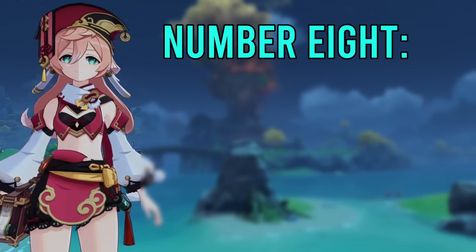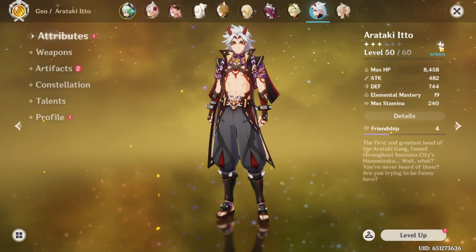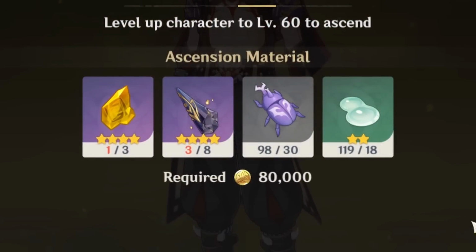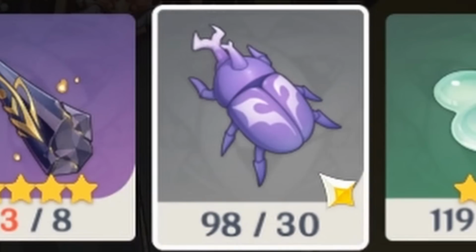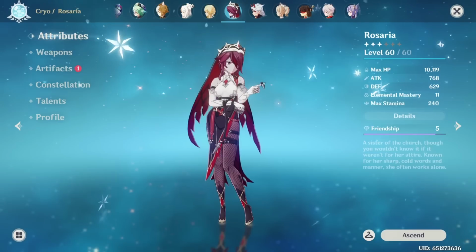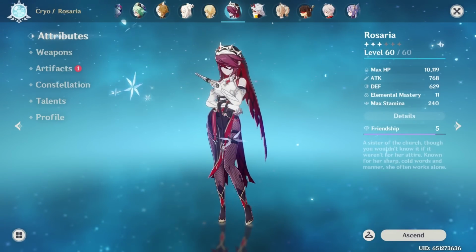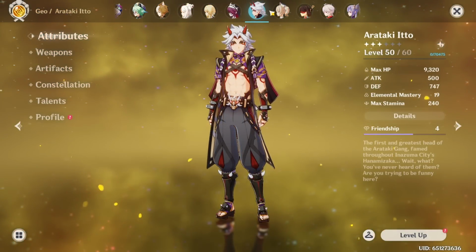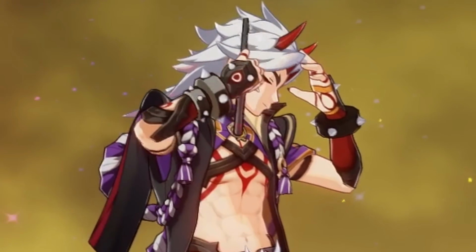Number 8. Gathering Materials. You will find in your Genshin Impact journey that characters require a number of ascension materials. Some of these are from killing enemies, some of these are from gathering materials. Every gatherable ascension material, known as a local specialty, has a respawn timer of 48 hours. If you know you're going to be leveling a character, I suggest that you start pre-farming their ascension materials as soon as possible. There's nothing worse than getting to level cap and realizing you need to go find another 60